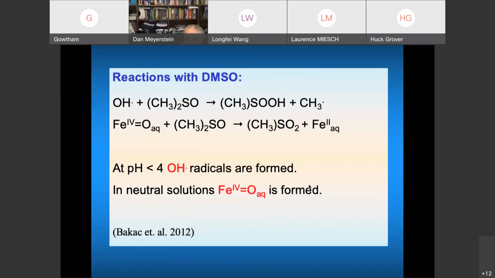She has shown at the same time that below pH 4, the Fenton reaction forms OH radicals. In neutral solutions, iron 4 is formed. So here was evidence that iron 4 is a product of the Fenton reaction in neutral solutions. This means that in the body, we don't form OH radicals. On the next slide